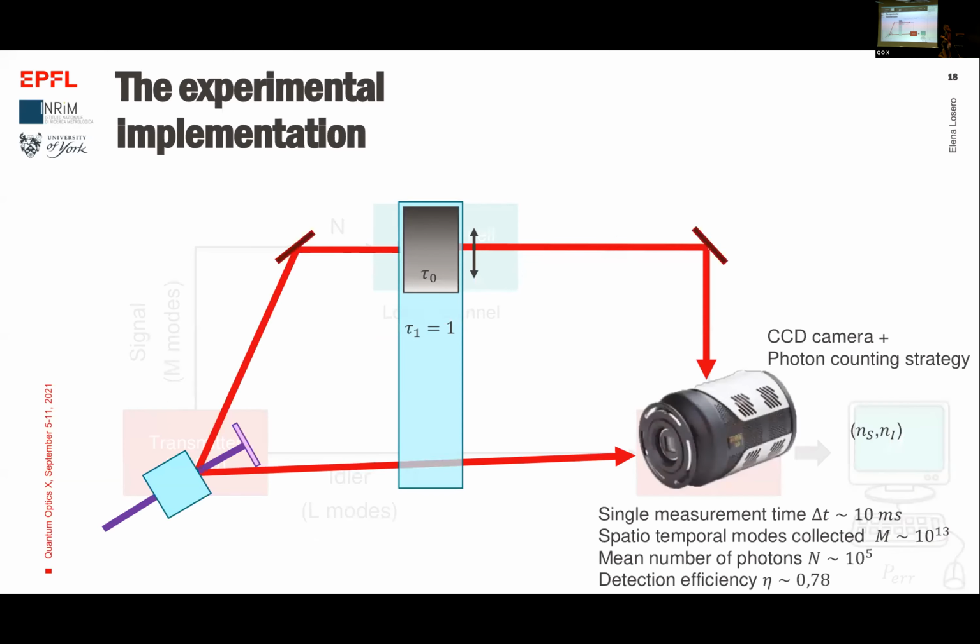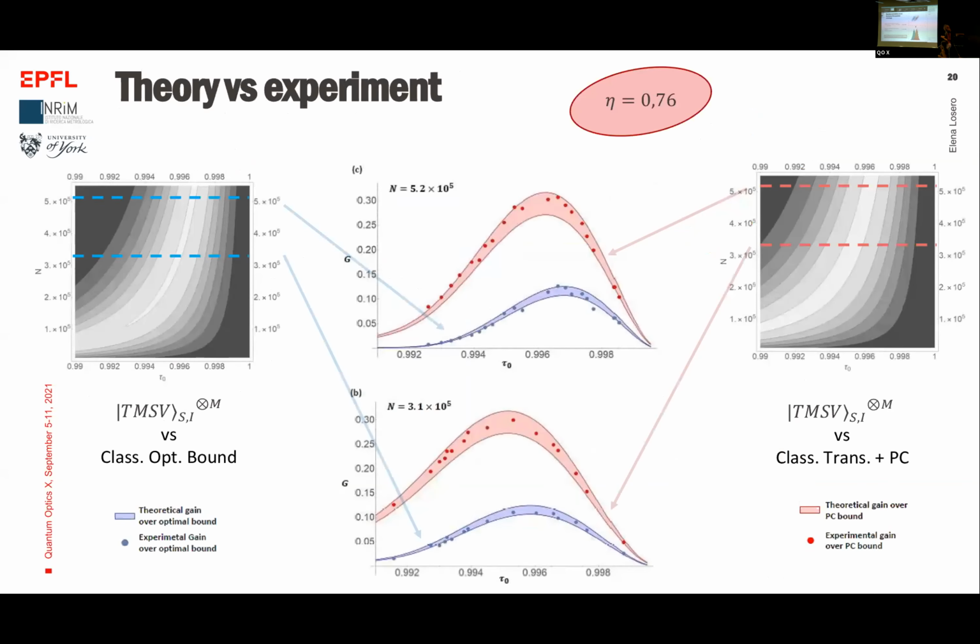You showed two results, two plots that look quite similar to each other. So I was wondering if they are so similar because the n is of the same order of magnitude, and how would it change if you really changed the number of photons. Okay, yeah. The difference between these two plots is in the number of photons in the signal. Yes, this is true.